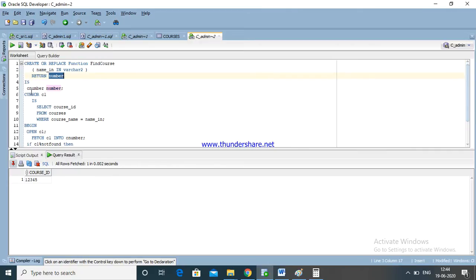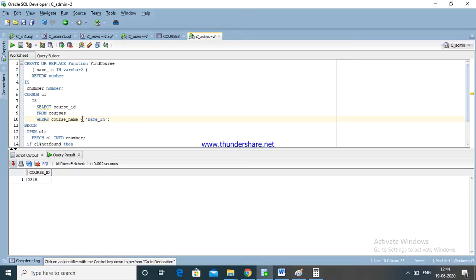Same here, declaring a number; here we are declaring a C number. We are writing a cursor here, just give single quotes. My cursor name is C name in.